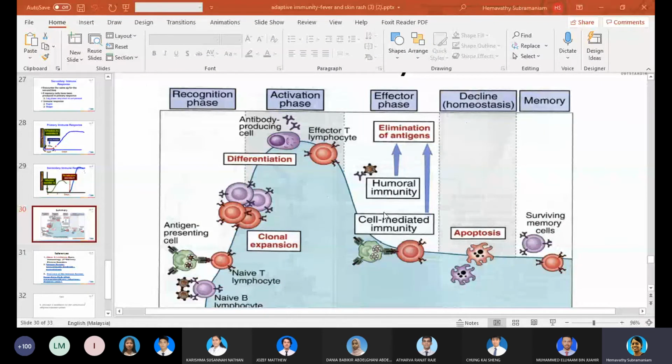MHC class 1, that's the function. All right, MHC class 1 will display the fragments of proteins from the cell to cytotoxic T cells. All right, this will trigger immediate immune response. Fine. MHC class 2,